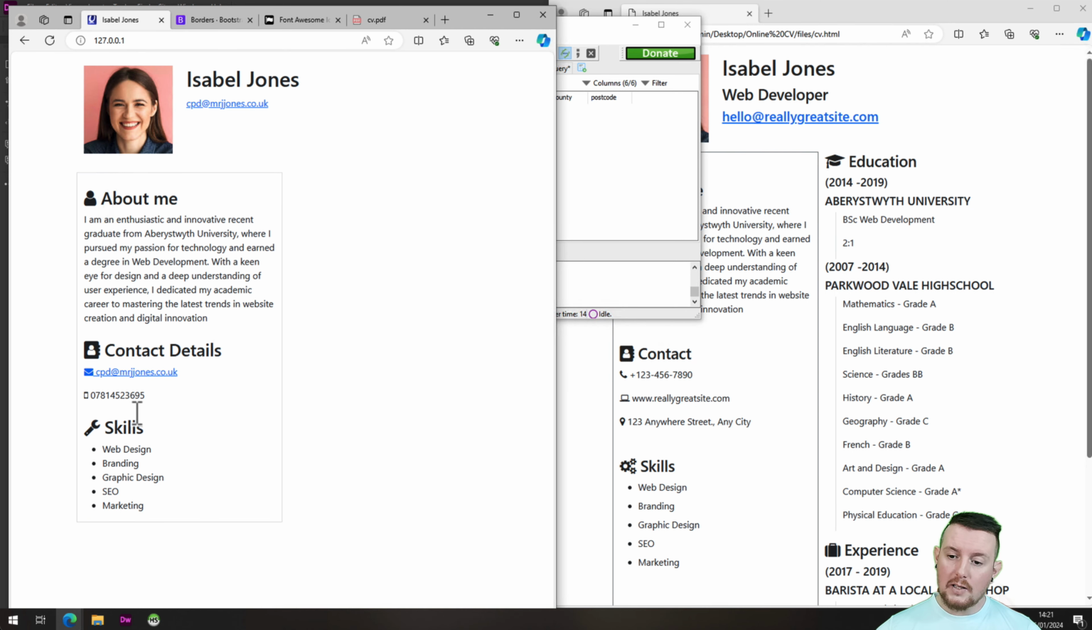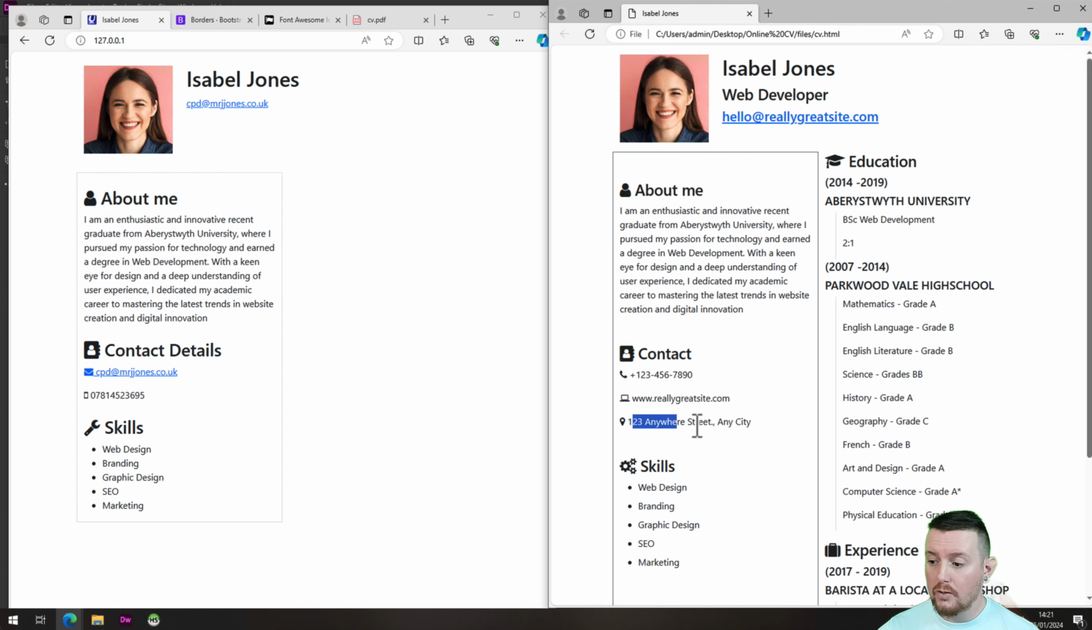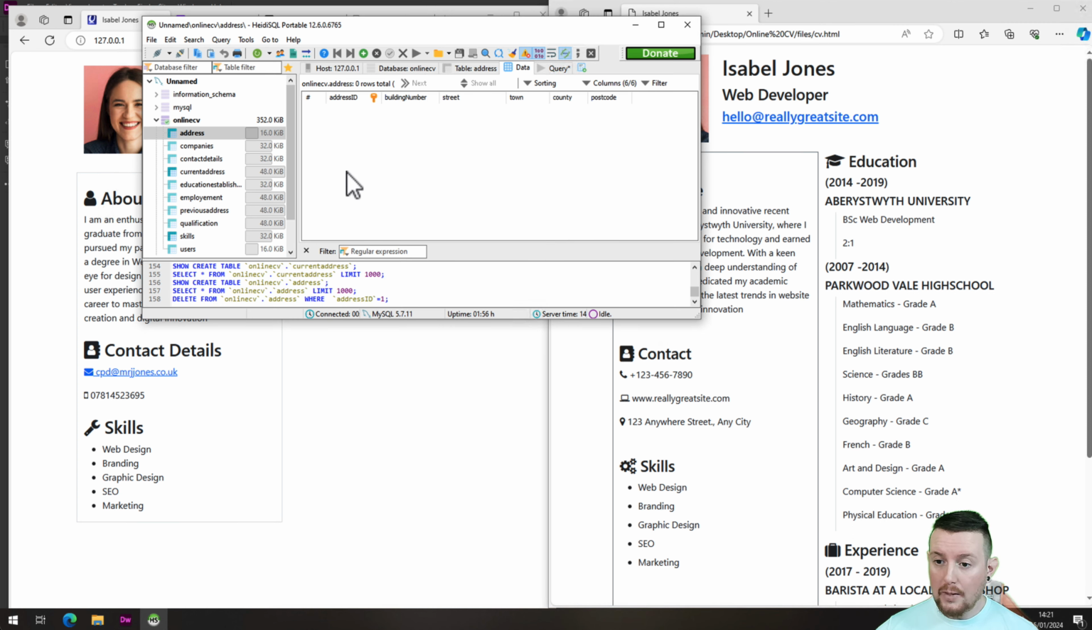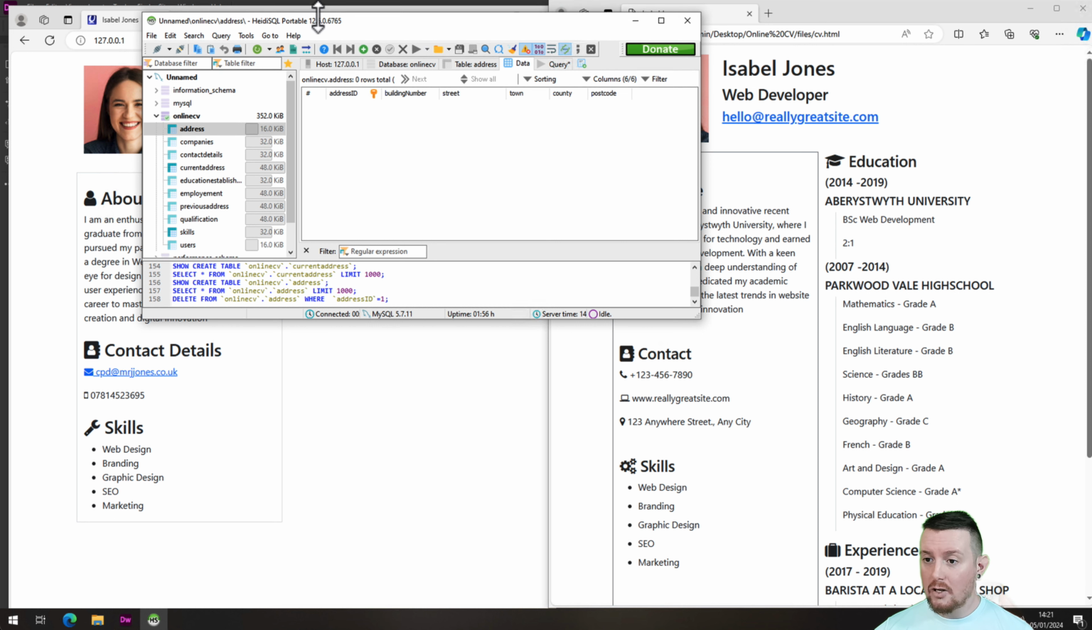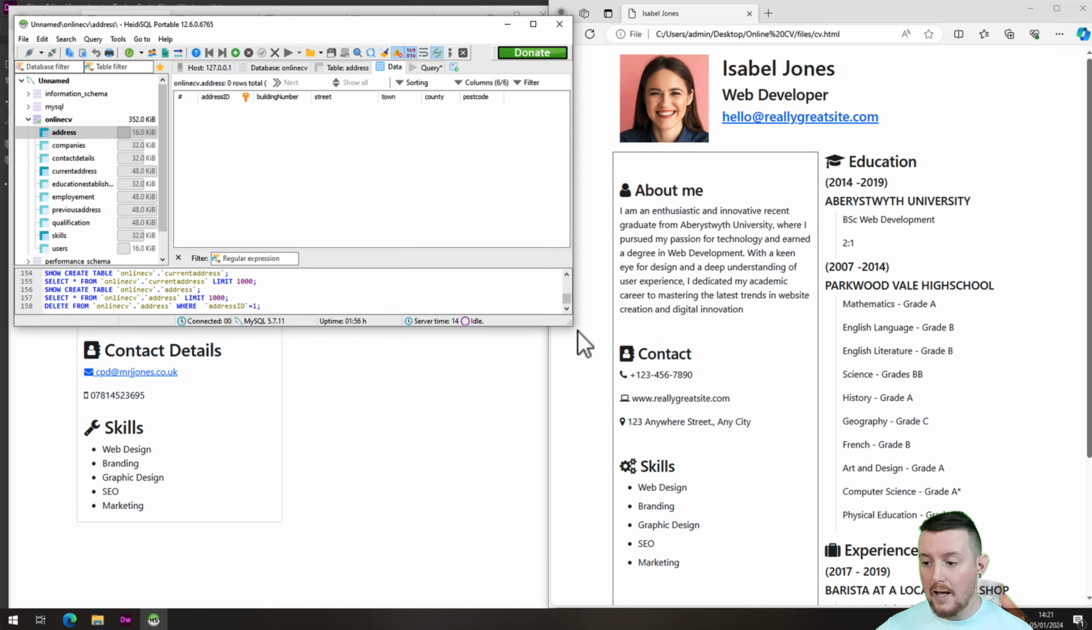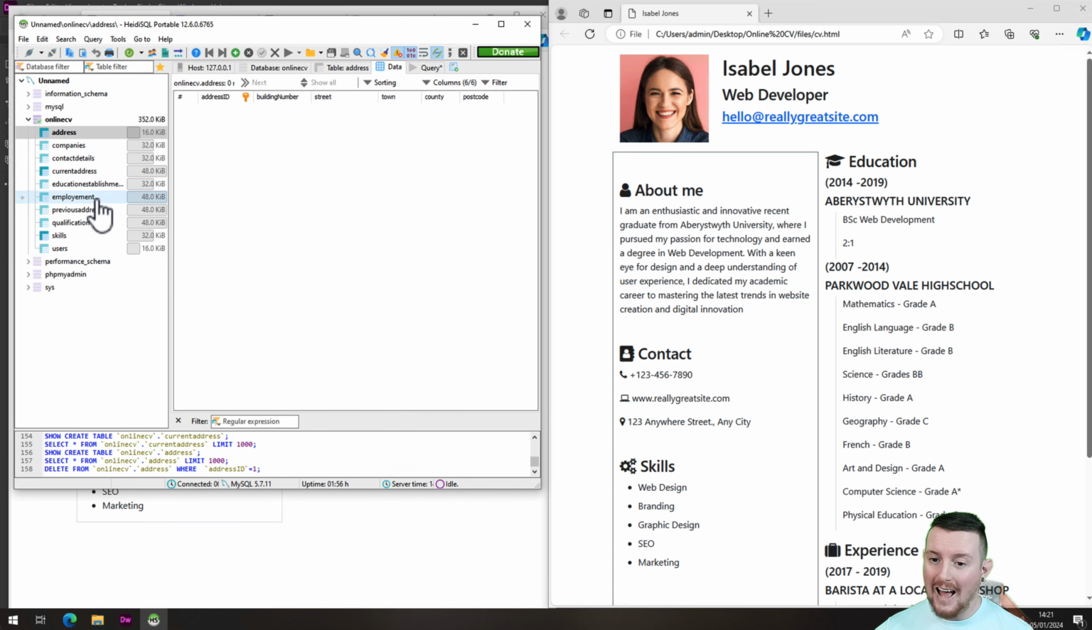Now you might have spotted that we've got her email address and telephone number, but we haven't actually got the address, the 123 Anywhere Street, Any City element in place. And we did set up an addresses table and a current address table, so there's no reason why we can't. As current addresses is dependent on addresses and users being populated, I have to fill in the details in the